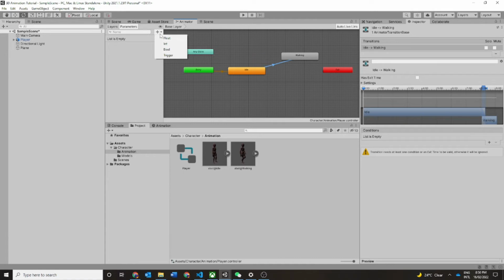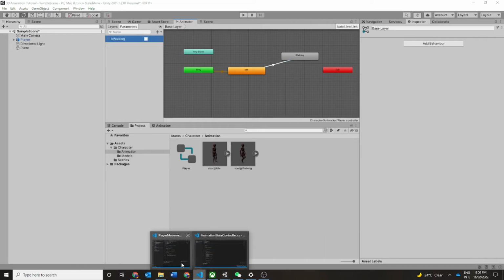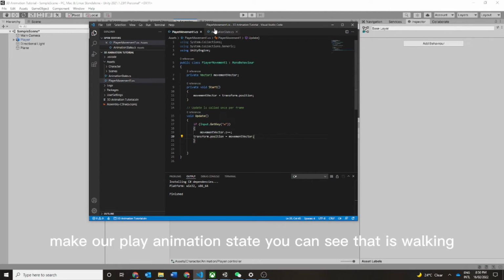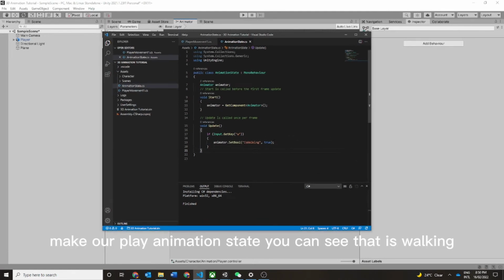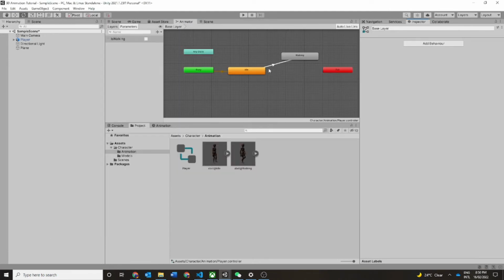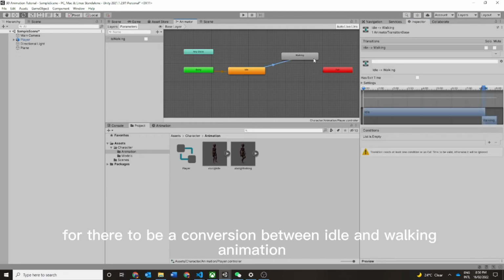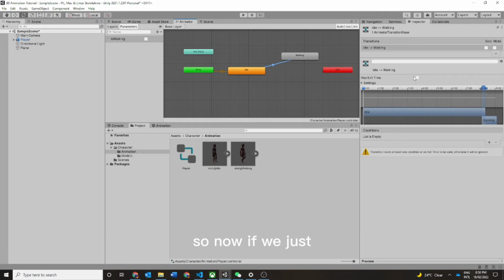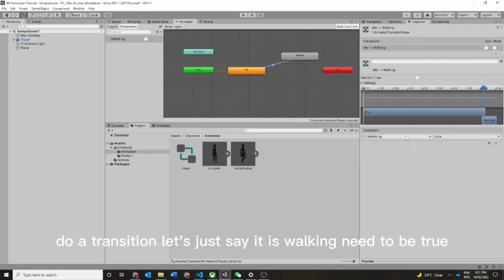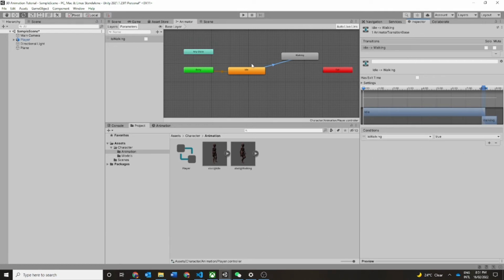Same sort of thing. So now what we want to do is make a bool and we want to make sure it is walking. Right? So if we go and play movement, or play animation state, you can see that it is walking. It needs to be set to true for there to be a conversion between idle and walking animation. So now if we do a transition, let's just say is walking needs to be true for idle to go to walking. And so now if we just have a look,